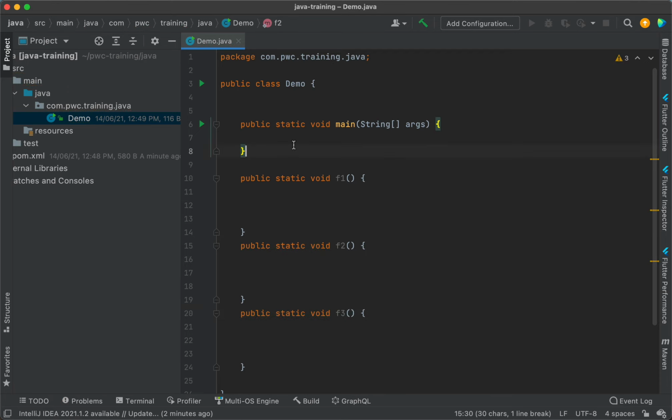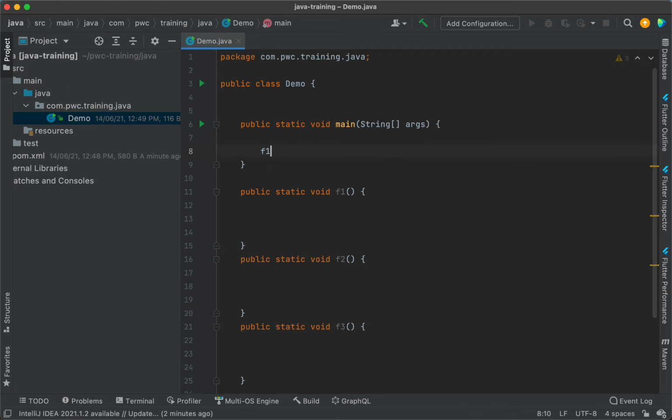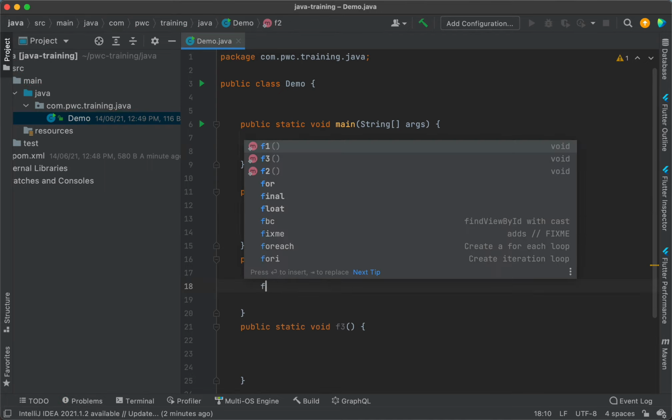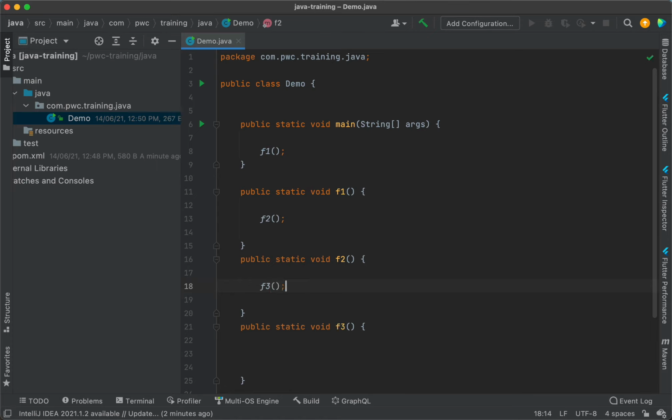So please see what I'm doing. From the main function I'm making a call to a function called f1. From the f1 function I'm making a call to f2, and from f2 I'm calling a function called f3. So I've got a main function, main makes a call to f1, f1 makes a call to f2, f2 makes a call to f3. You see this, and that's it. Of course it can go on and on.